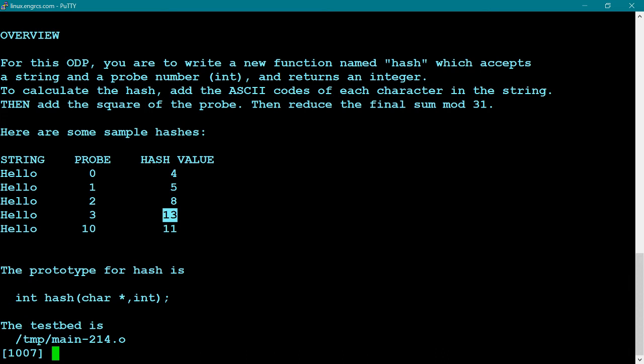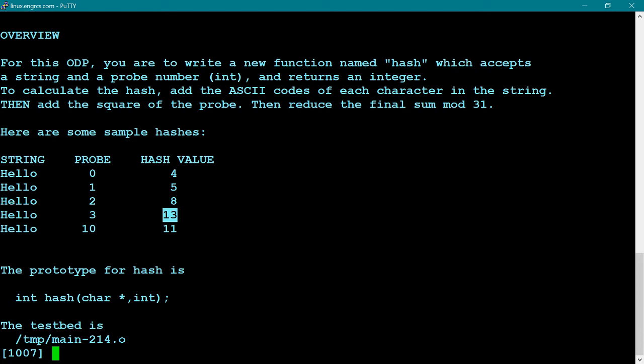And so test bed main214.0, link it up after you think it works, and give it a try. And again, remember that when you input a string using fgets, there's a null terminator tacked on the end. So if you read using fgets and pass that to hash, and you type in hello, enter, you're not going to get these values.